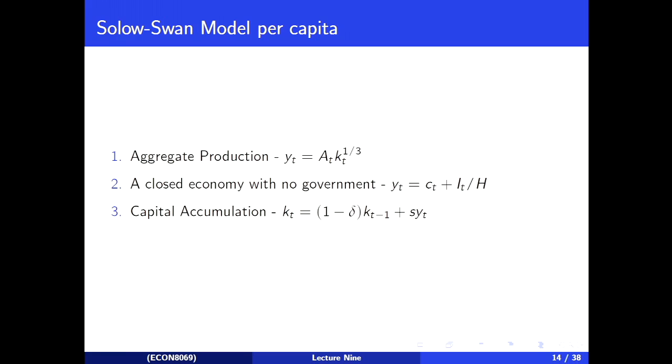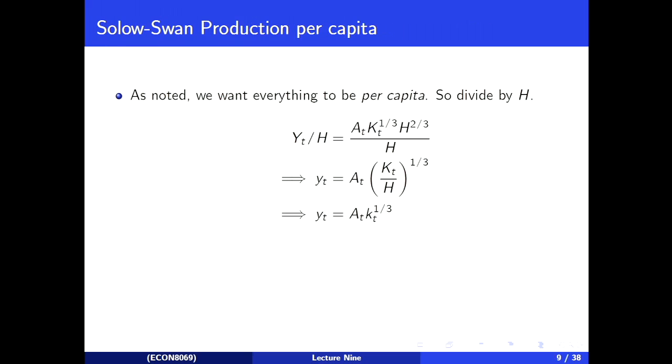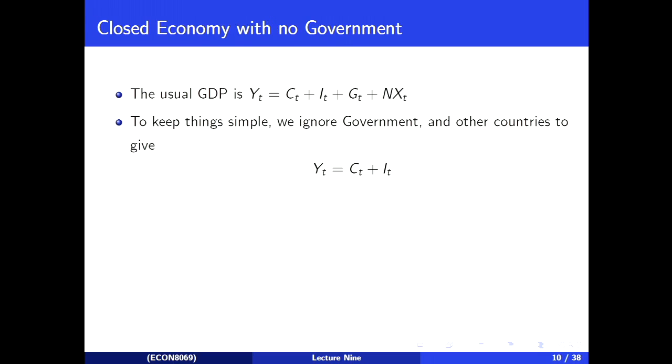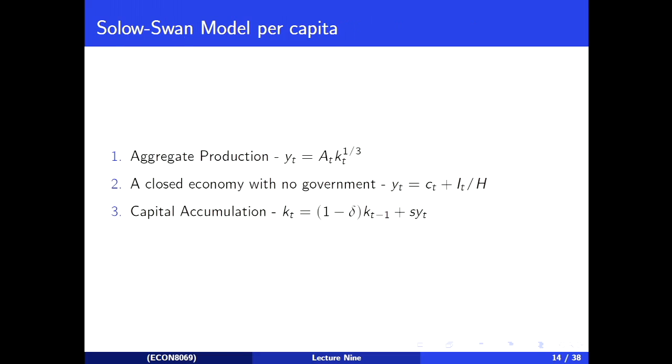H is effective labour, yeah. So it's effective labour every period. We assume that H is the same every period. Just to make our lives easy, we make an additional assumption that H doesn't change. So if you want to put a subscript T on it, that's fine. Just recognise that for our modelling purposes, we're assuming that H1 equals H2 equals H3 equals H4. Because of that, I'm just calling them all H.